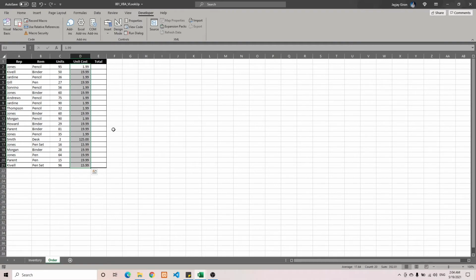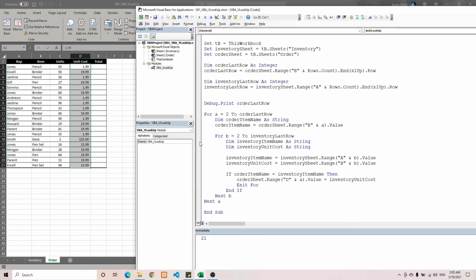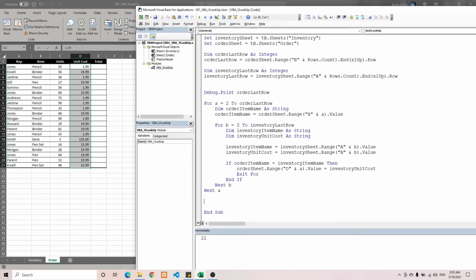So now that we already have what we need in order to create a lookup function, it is also helpful if we add a message box once all the items have been processed, so we can be notified that the program is completed and we can check the result. To create a message box, we just need to simply type MsgBox, and then let's say this is the very basic notification, process completed, or we can also say VBA lookup completed,